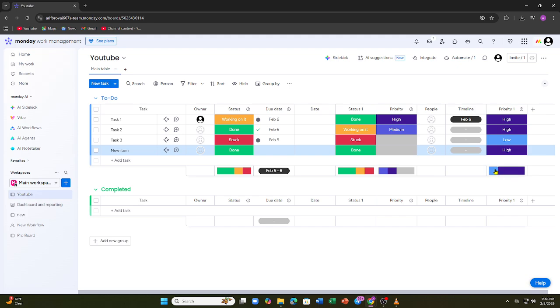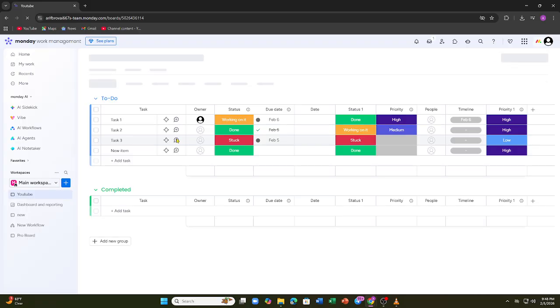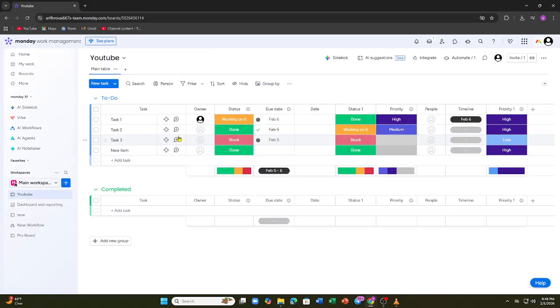Finally, refresh and save the board. Sometimes formula issues clear after saving or refreshing. This removes temporary glitches. So yeah, fixing formula errors in Monday.com is about correct column types, accurate names, clean syntax,